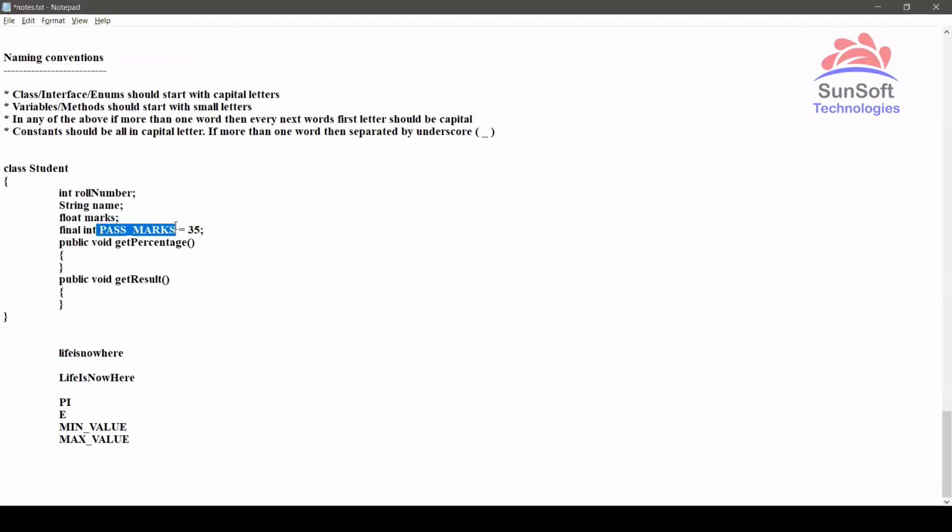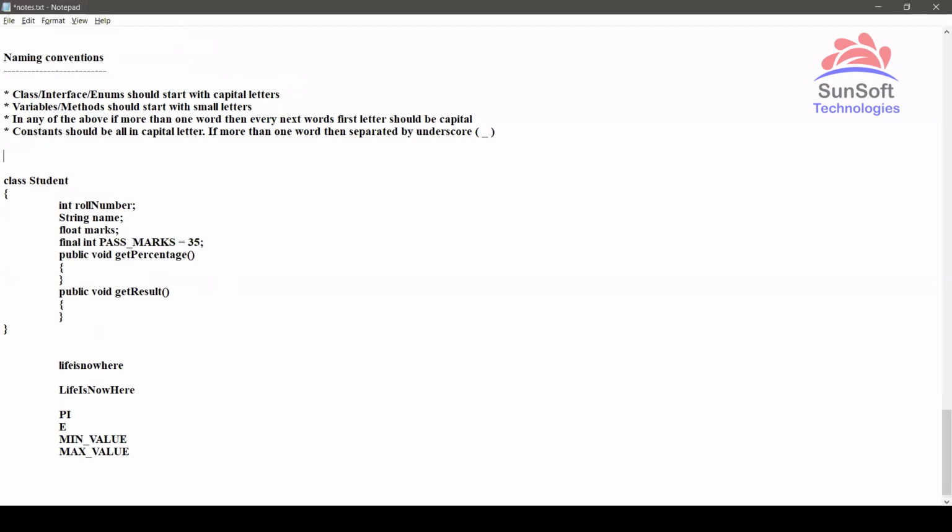When you pass this code in deployment, there will be something called code analysis tools available. At that time it will show you errors for all these kinds of wrong coding. You mean to say that if you declare final and int without the capital letter, it is still treated as a variable itself? No, it's not treated as a variable. Once you say final, it's a constant only. The only thing is you are not following the naming convention. So for that reason it will show errors, by code analysis tools, and the code will be rejected.